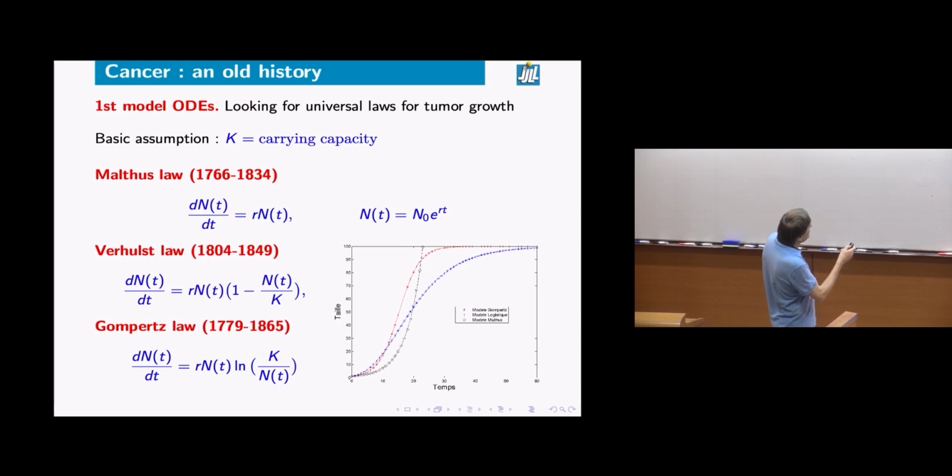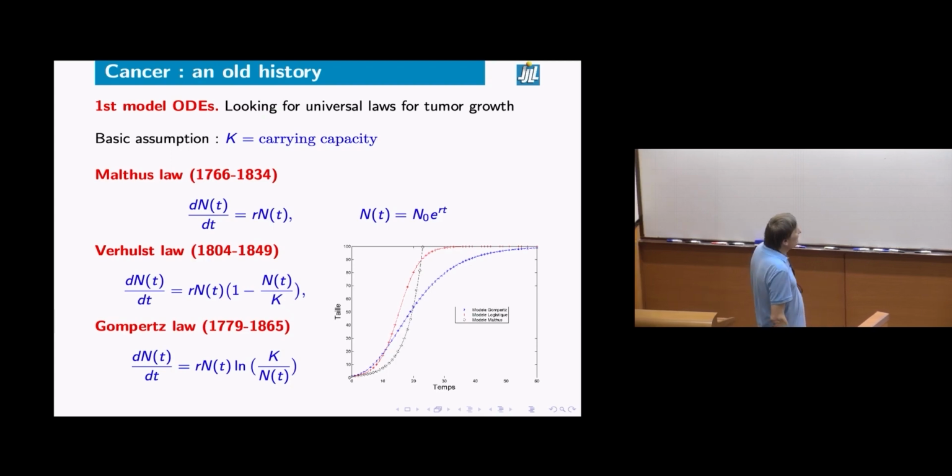They have put powers here to get more parameters. Here you have only 2 parameters. So here you can have a third parameter, and in some limit of this parameter, you get what is called the Gompertz law, which is also from the 19th century, where you replace this by a logarithm. So in any case, what you will find, of course, is that the number of cells,